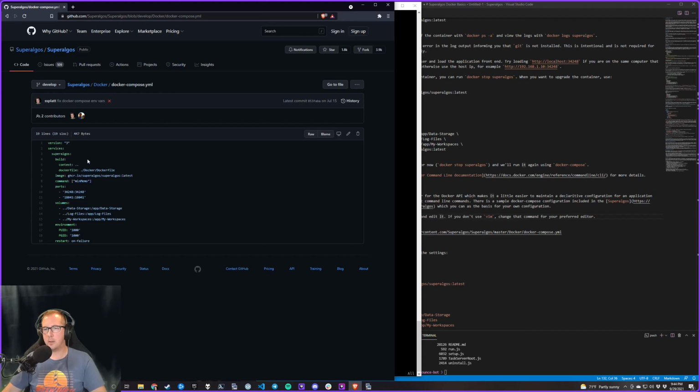The reason that some of these things are in here, like the 2 dots in front of the volumes, the 2 dots in front of the context, and then specifying the Docker file as .docker file, is so that one, for development purposes, when I'm doing updates, etc.,